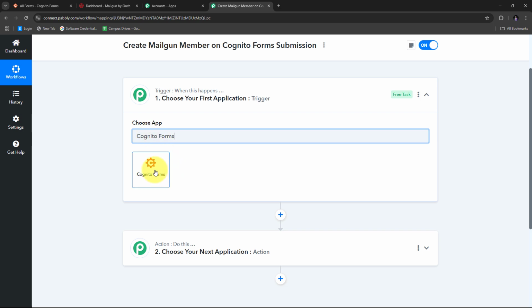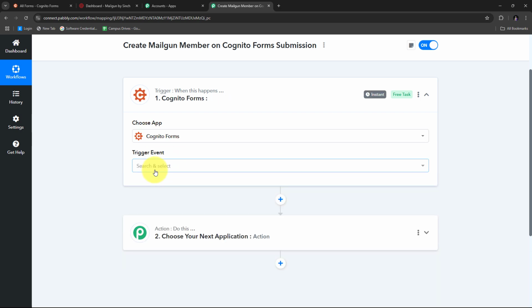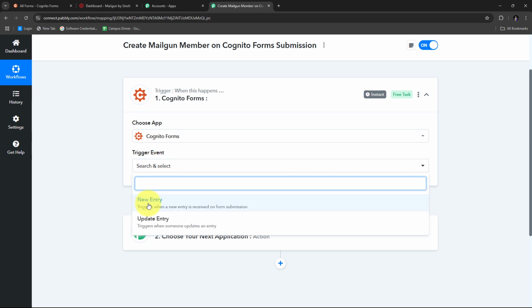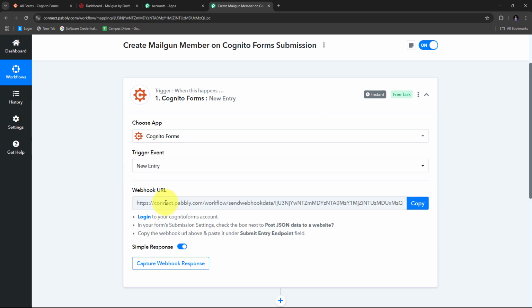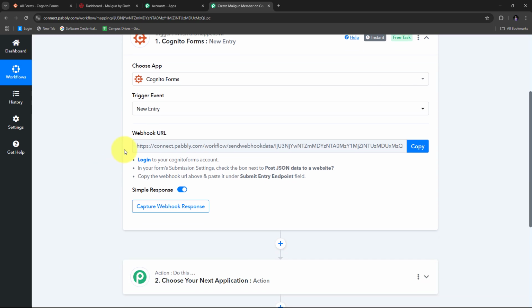And I need to select Cognito Forms here. Now I have to give a trigger event. So I'm going to open this tab, and new entry is going to be my trigger event. So I'm going to select this. And now I need to connect Cognito Forms with Pabbly Connect in my workflow, and for that I'm going to